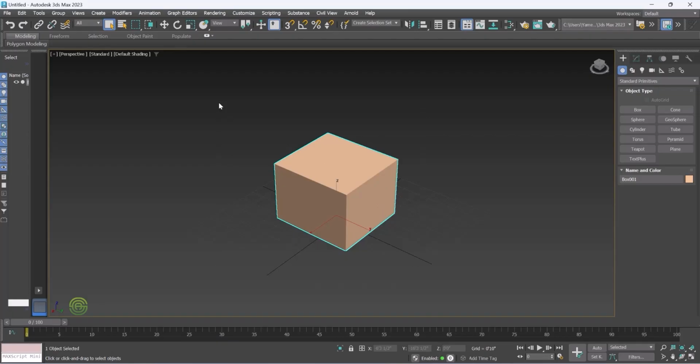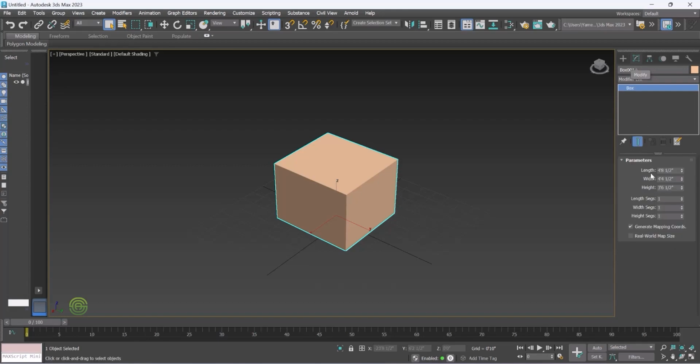So just select this object and go to modifier. Now you have the parameters option. So you can edit however you like. See, I'm giving the length of 6 feet